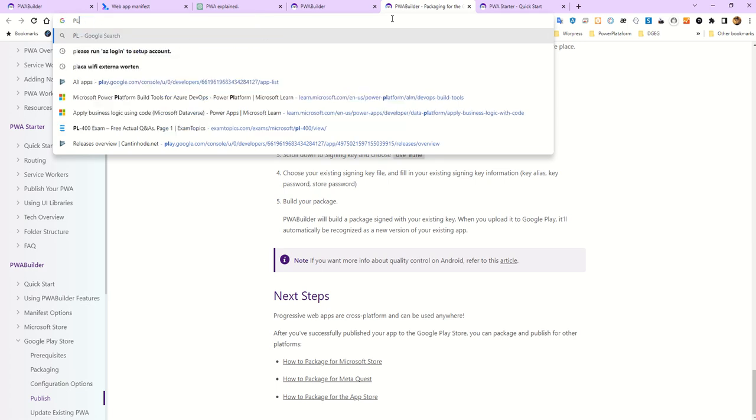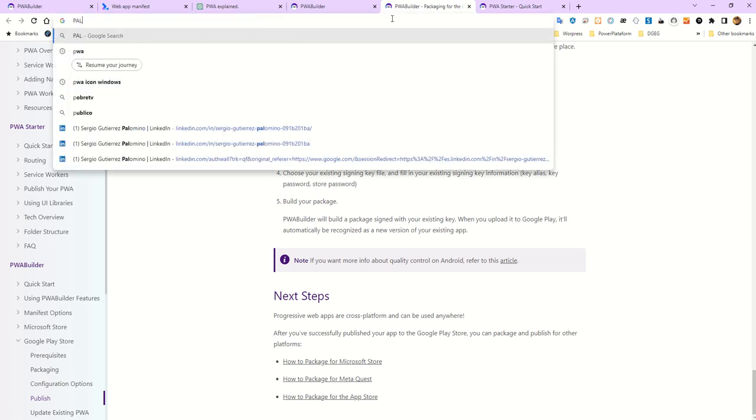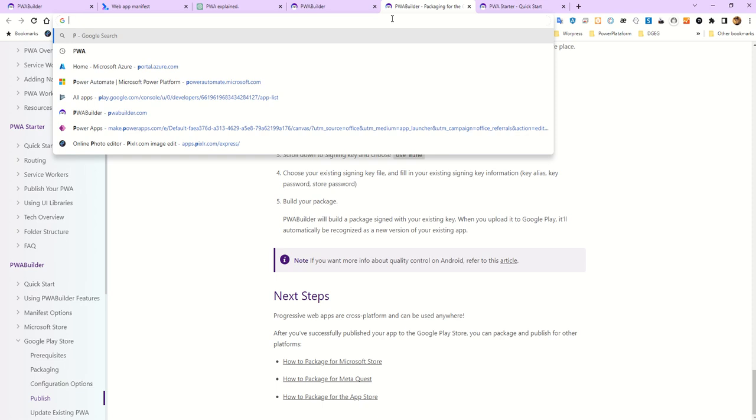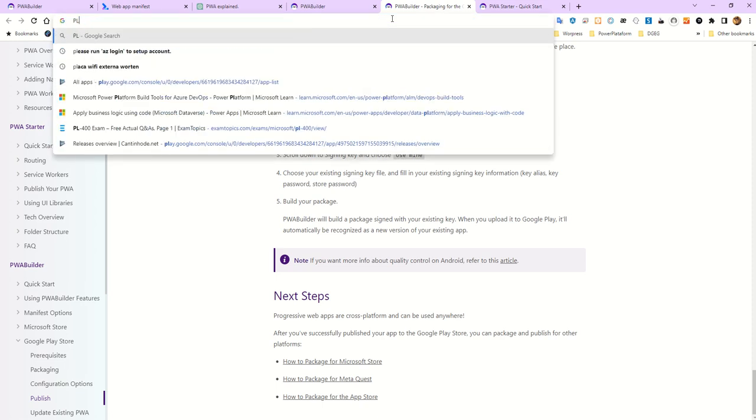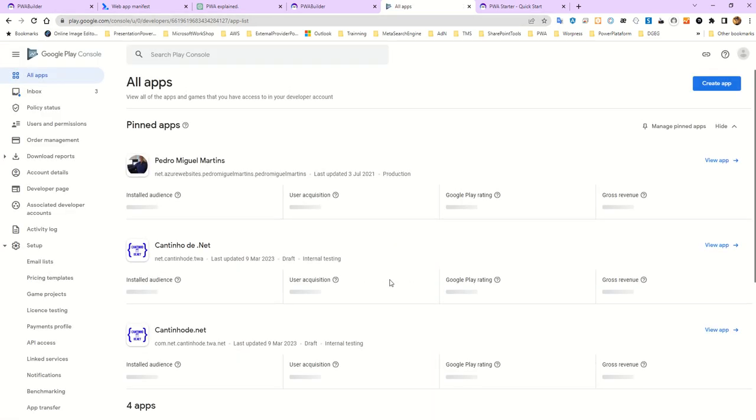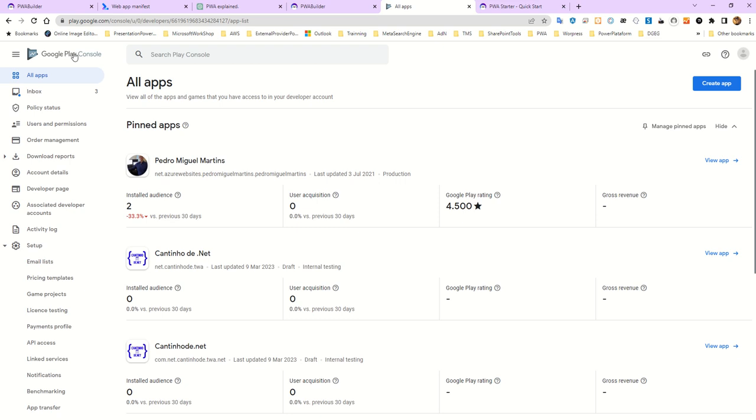It's important you have your Play developer account, right? You must have a Play developer account. What is a Play Console or account? What is this? It is where you put your application to be deployed